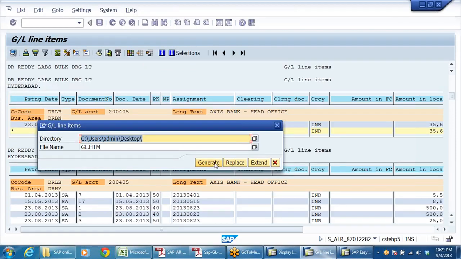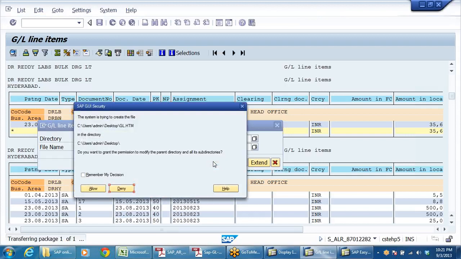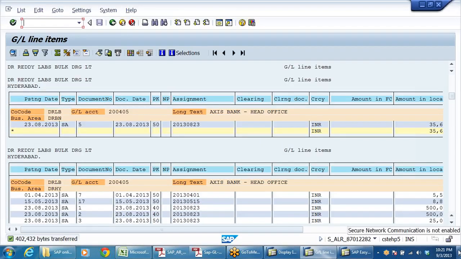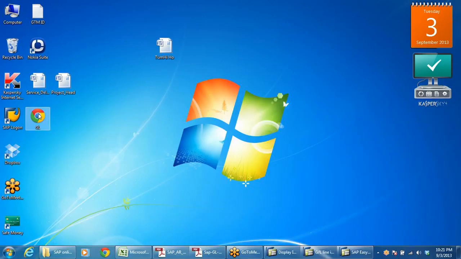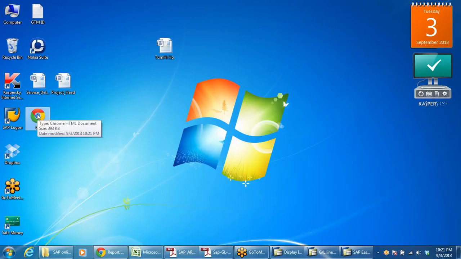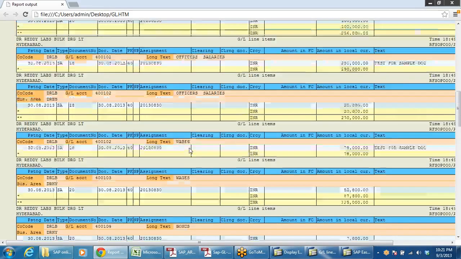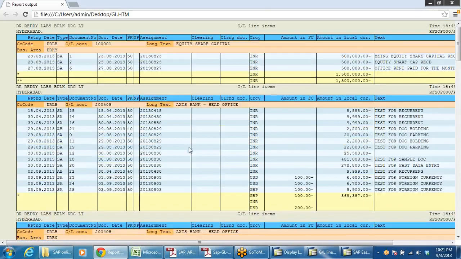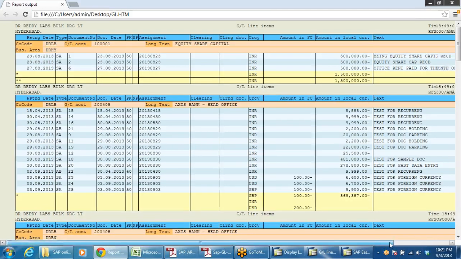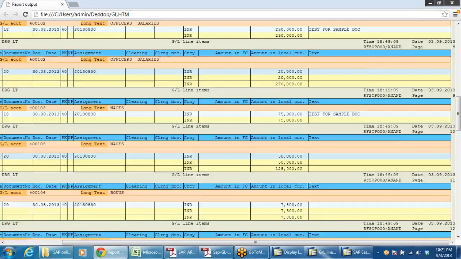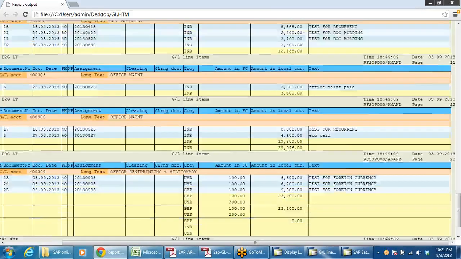Desktop, GL, generate. Alright, it will create one HTML file like this. See, and you can copy, paste, print, right, and email it, everything, whatever you want, you can do it. Like this, we can download all these things.